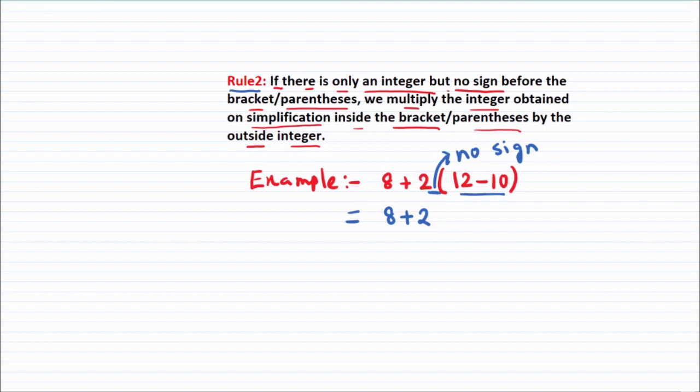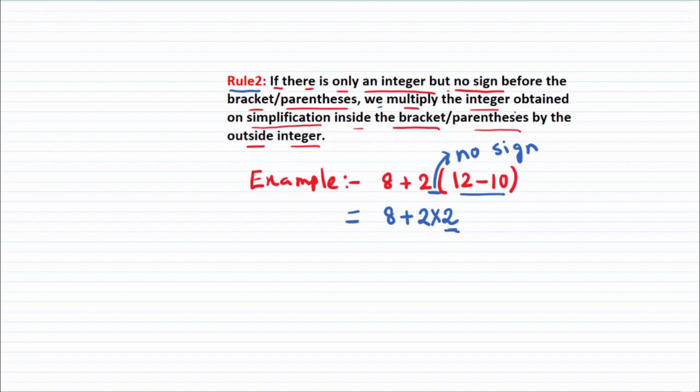So 12 minus 10 gives me back 2, and according to rule 2, as there is no sign before the bracket or parenthesis, we multiply the integer obtained on simplification. This is my integer obtained on simplification, and according to rule 2, we are going to multiply this one